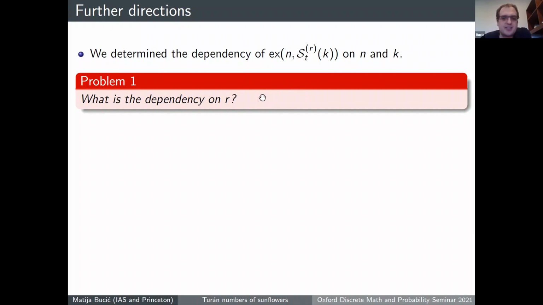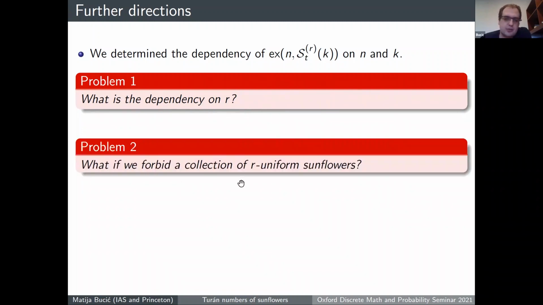So they prove that this is indeed the case for a decent chunk of this half of the regime, but they only do that when K is constant. But some kind of less implicit result might also be interesting, or improving the dependency on R also might be interesting. So the second question I want to mention is a kind of simultaneous generalization of both the single forbidden